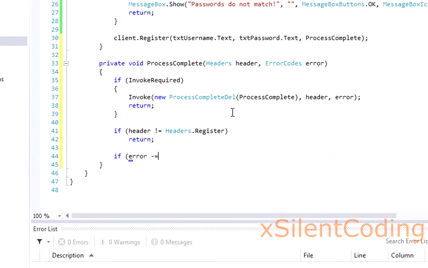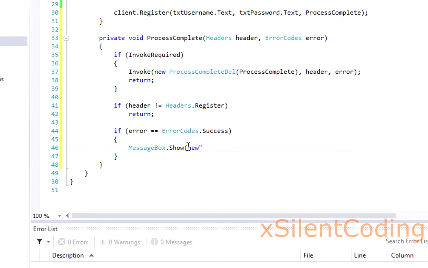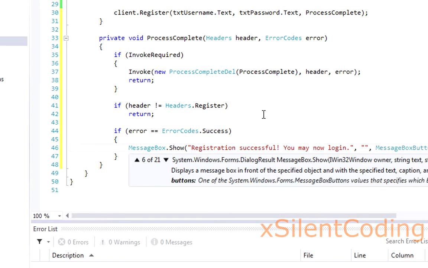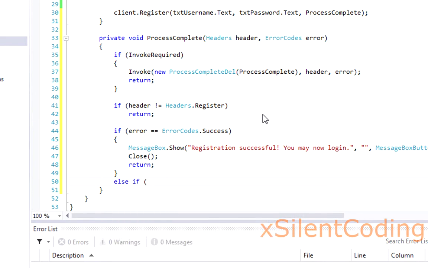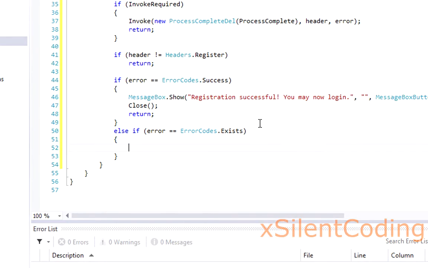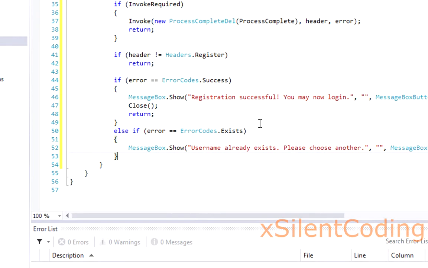If error equals error code.success, messagebox.show registration successful. You may now log in. Messagebox button OK, messagebox icon dot information, and then just close and return. Else if error equals error codes dot exists, messagebox dot show username already exists. Please choose another. Else